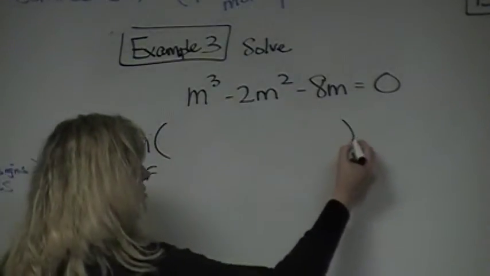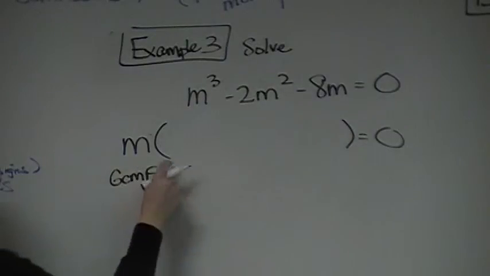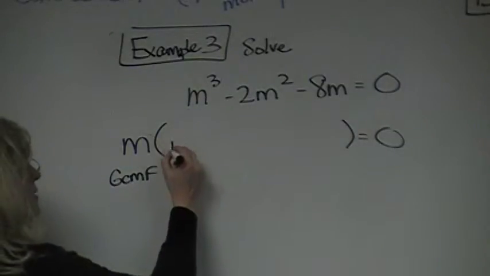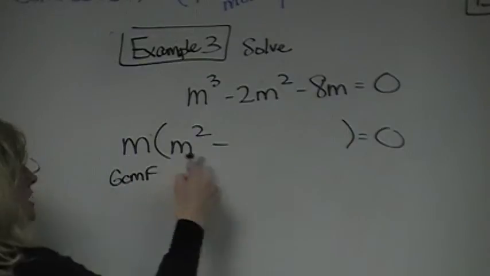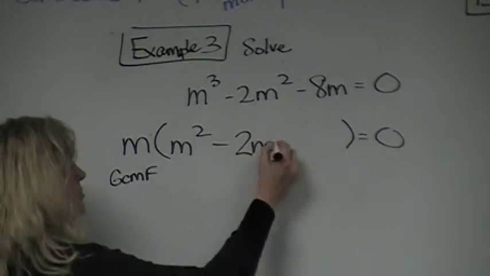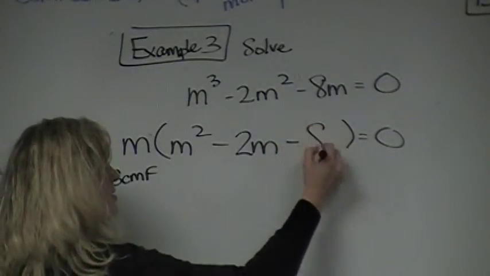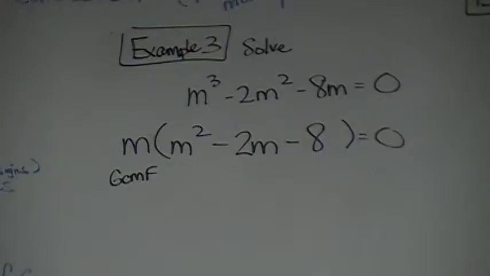Okay, now let's figure out what's left inside here when I pull out or factor out an M. M times what is M cubed? M squared. Minus M times what is 2M squared? 2M, good. And then M times what is negative 8M? Negative 8, good. Okay. Now that I've factored out my greatest common monomial factor, I still have to look to